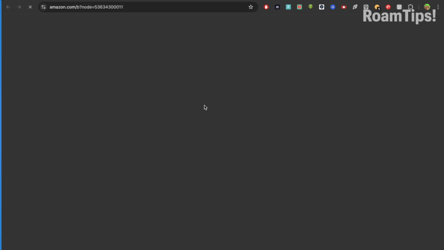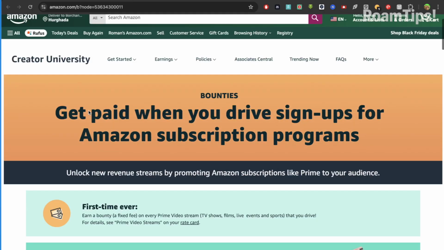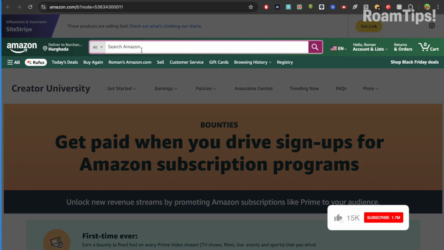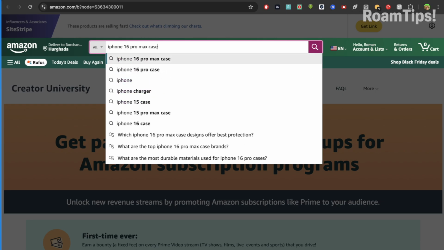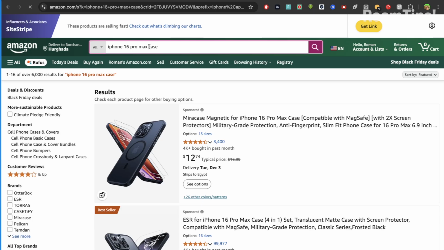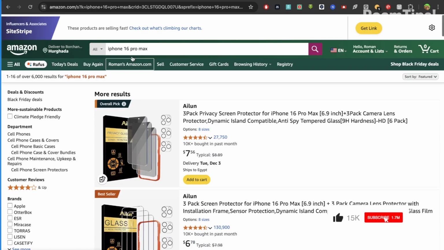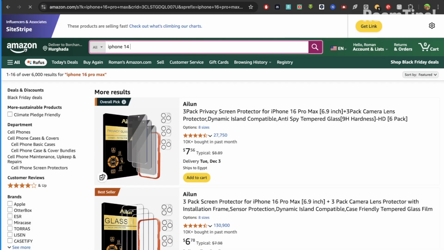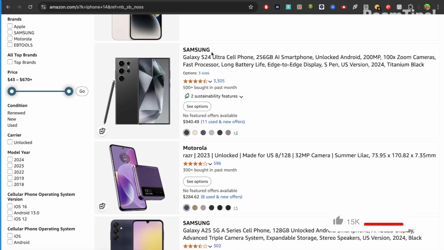Click on it and open the Amazon website and write in search iPhone 16 case. Right, Samsung. Okay, and click on this, open the page,